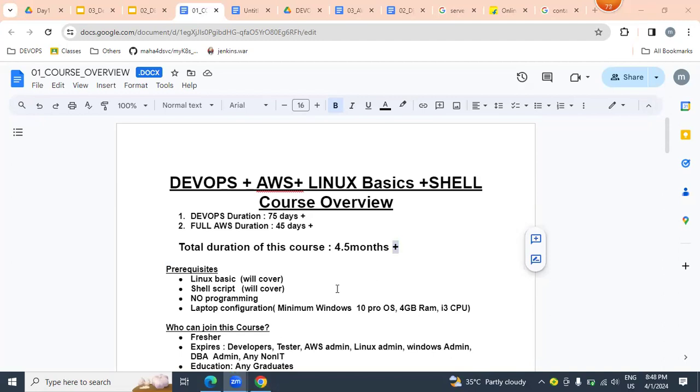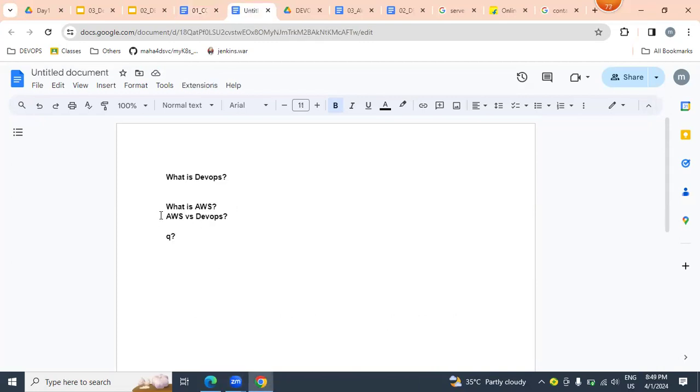Tomorrow we're going to be focused on AWS. Today we are understanding DevOps. Exactly, we're discussing DevOps. Same way, tomorrow we're going to be discussing AWS. And from the day after tomorrow onwards, we're going to start our regular classes. Tomorrow, one more demo.